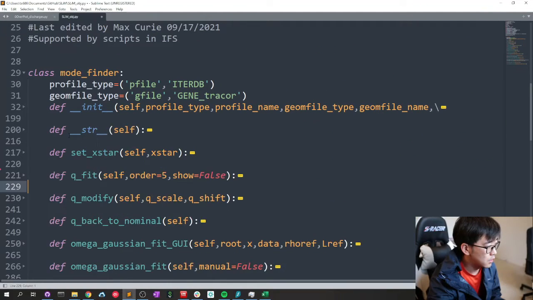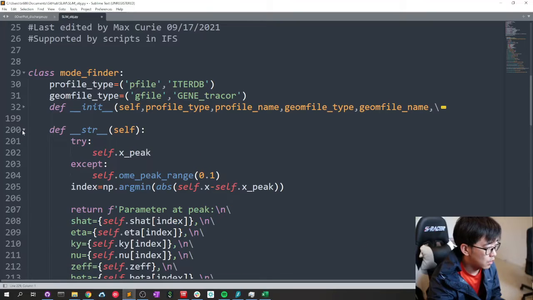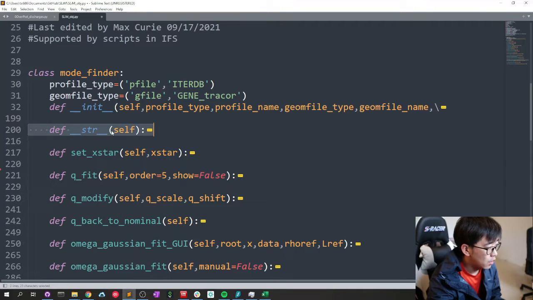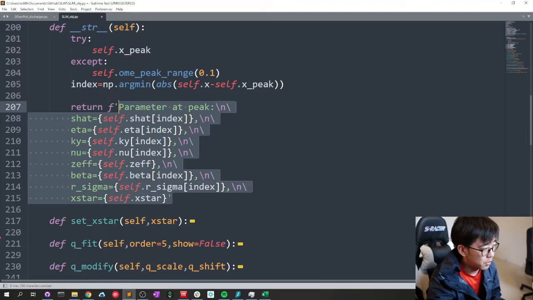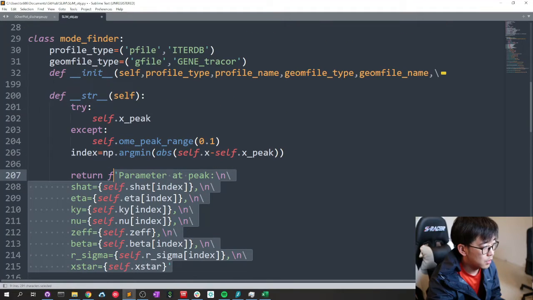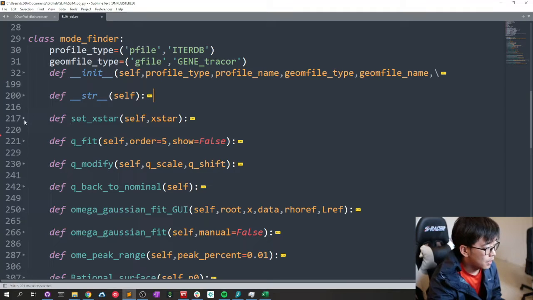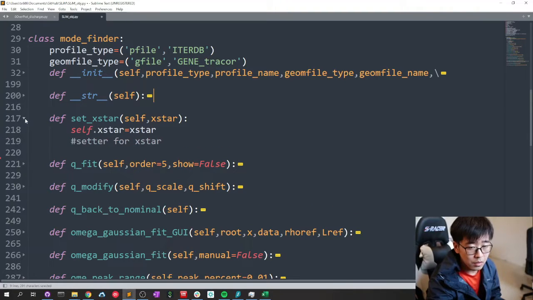That's initialization. Str is a magic function: if you print the object, it won't print out the address of the object. It will print out pretty much the parameters at the peak for this specific profile. And set x star is pretty much just a setter to set the x star, which is the spread of the Gaussian function